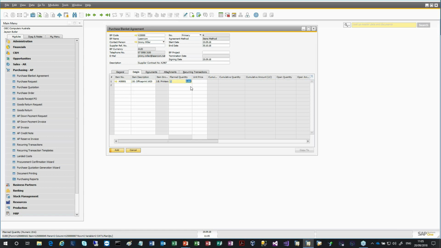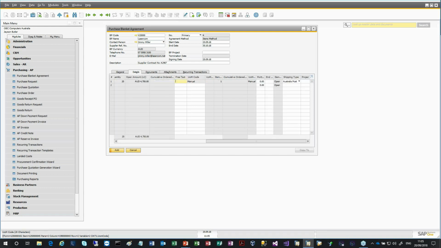I'm going to keep it simple and just use one item for now. We could add quite a few items, and let's say we're expecting 20 of these at a reduced price of $235. The usual price is $250 each. There's quite a few columns here, free text, where you can type in some extra text, for example, and